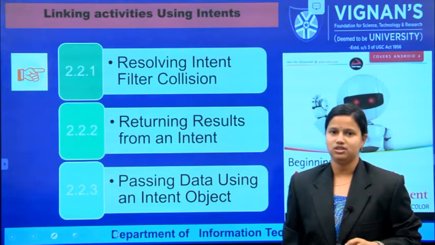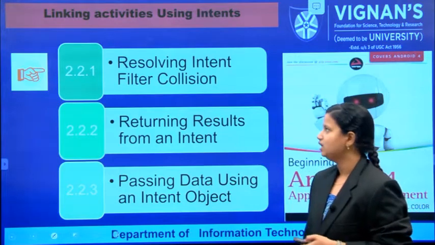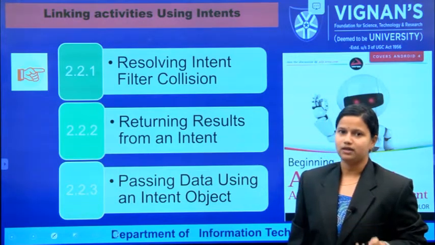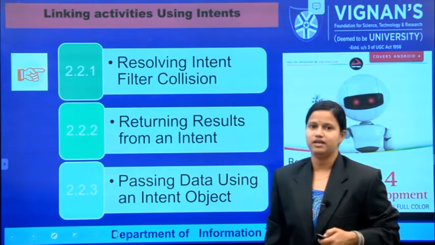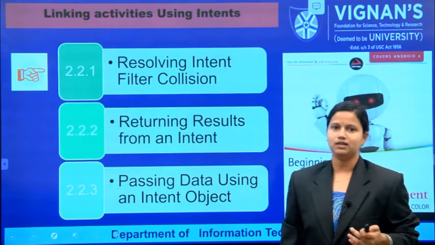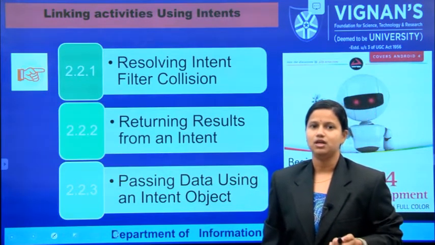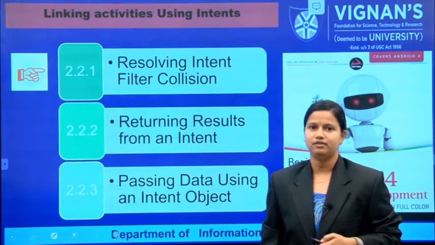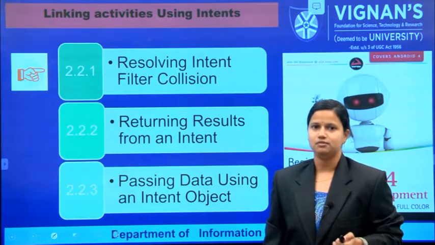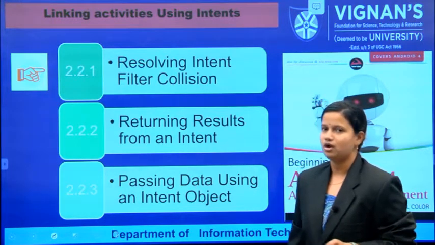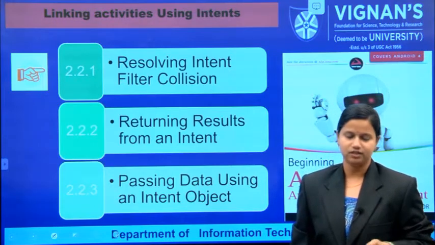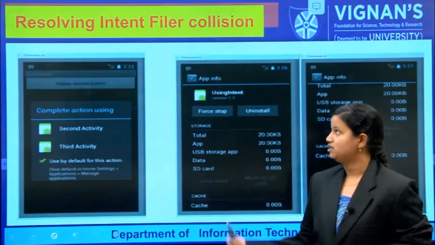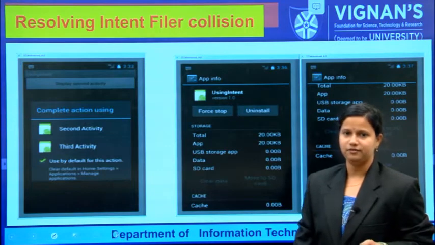When you look at the Android manifest file, if two activities have a similar name, and at that situation we call an intent, which activity will be selected? To solve the collision between those two activities, we have to use this concept. How do we resolve those intent filter collisions? This is resolving of intent filter collision.